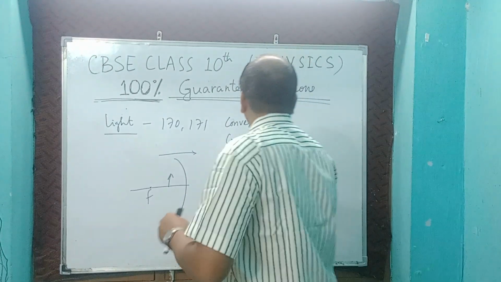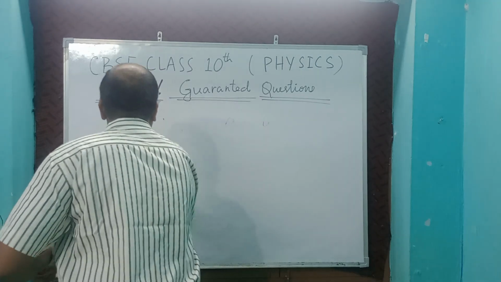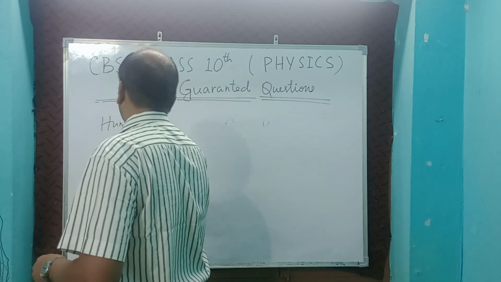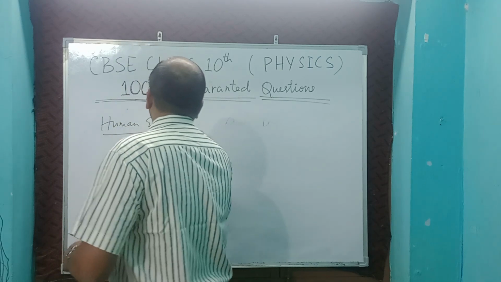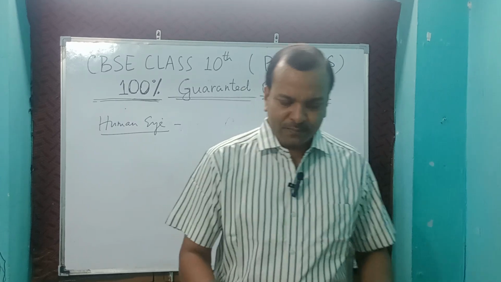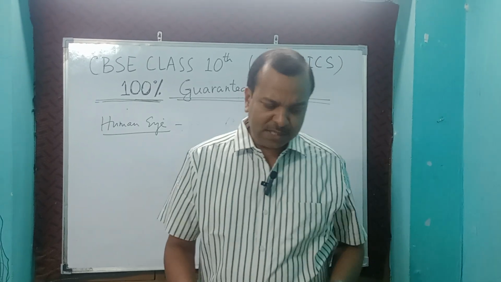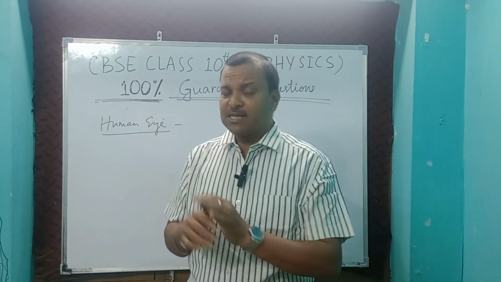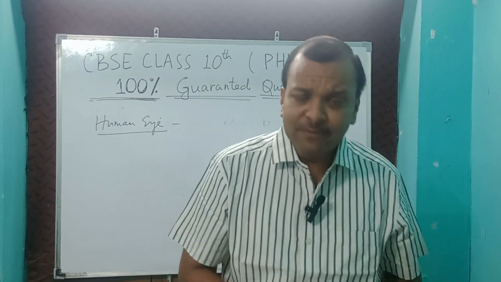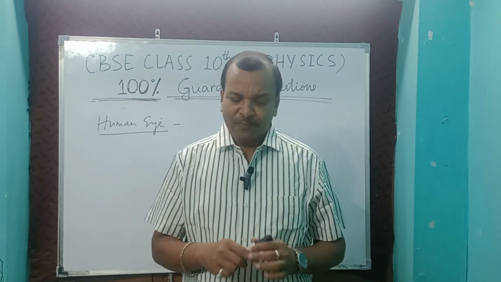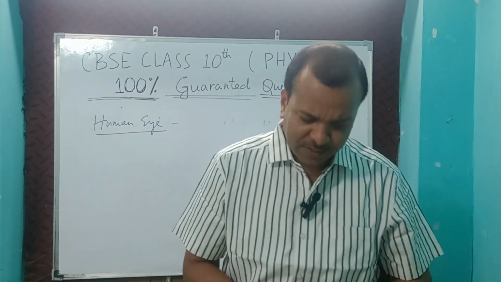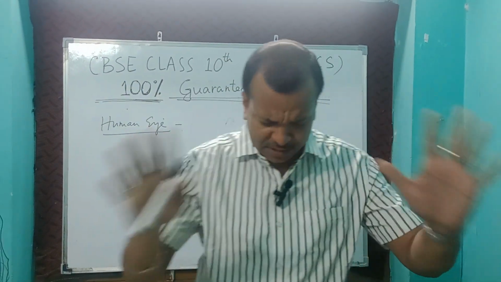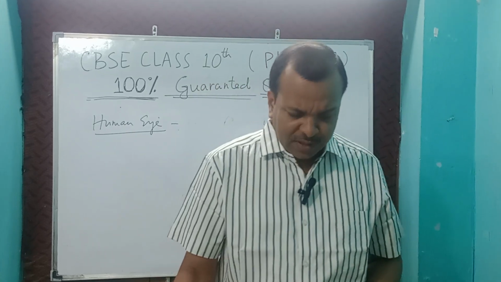Next one is human eye. Our next chapter is human eye. In-text question, question number 2. First, let us discuss what can come from human eye. One defect: myopia and hypermetropia. Guaranteed question. 110% you are going to get one question from here. Clear? Next one is,